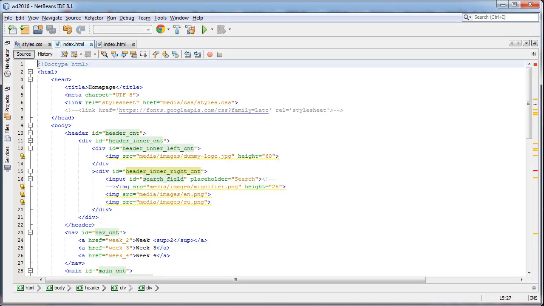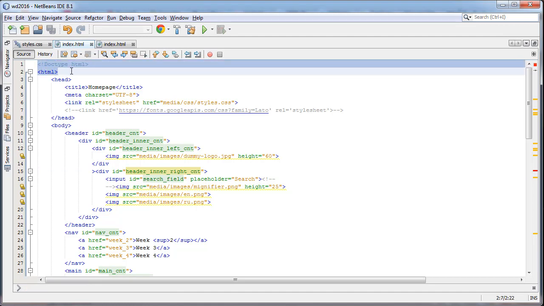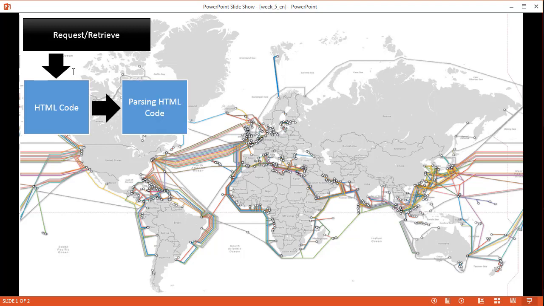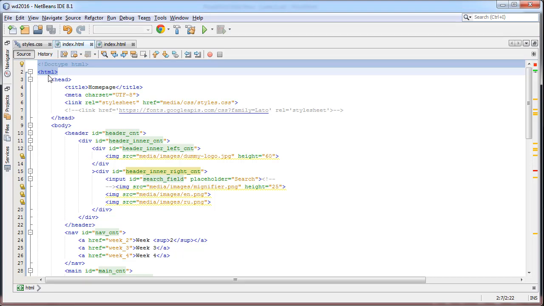And as soon as things come back, then the browser starts reading the code, the HTML code. It starts parsing the code with its HTML parser that is built into the browser. So first of all, it requests and retrieves data. This is what the browser can do, its first major functionality. Secondly, once it has received the HTML code, it can then parse it. It has an HTML parser built in, it can make sense of that code. So that's its second core functionality. And then it reads and reads and reads, and then it